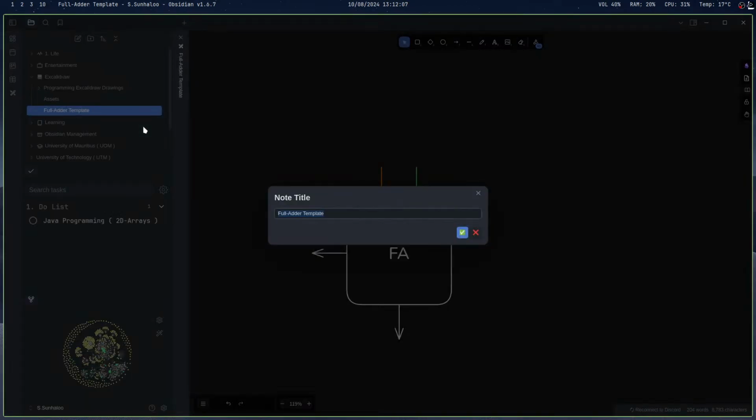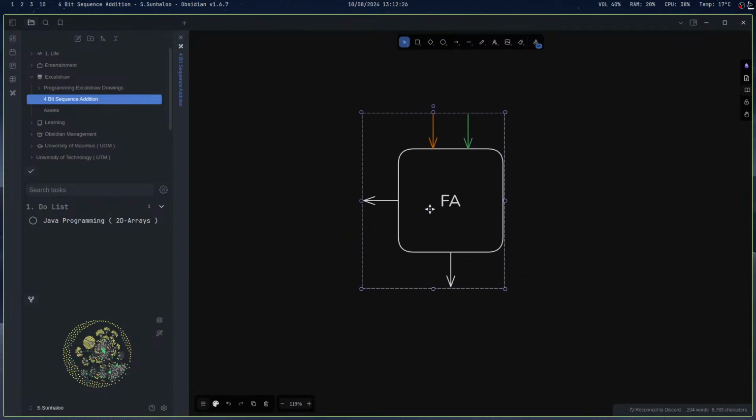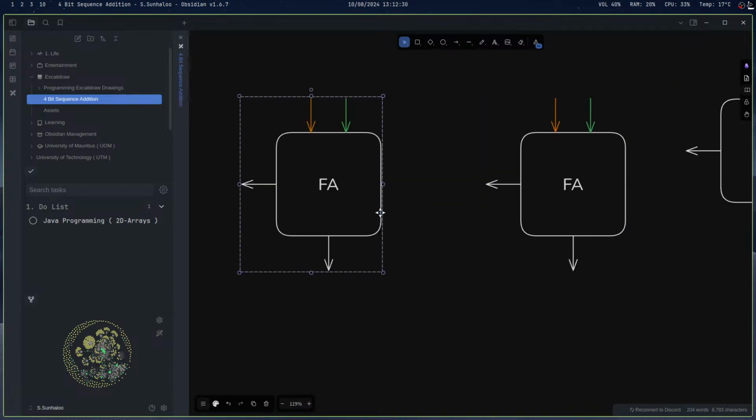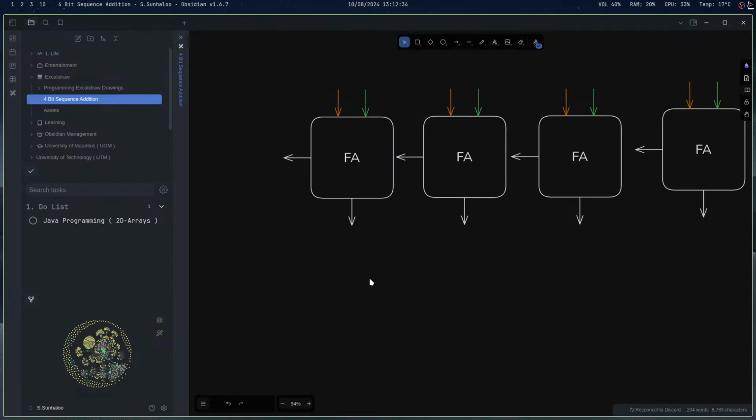Add template, add a 4-bit addition, 4-bit addition sequence addition. So I'm going to place this here. Control C, Control V, Control V, Control V, and then